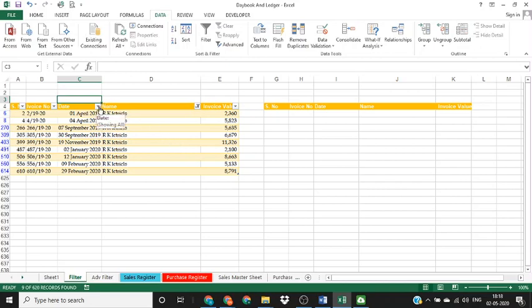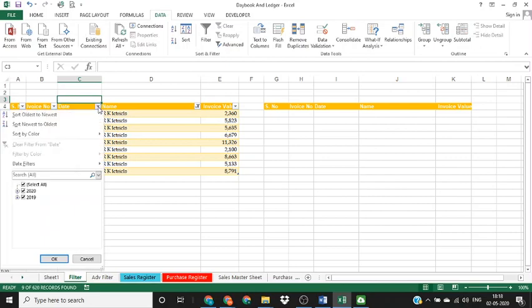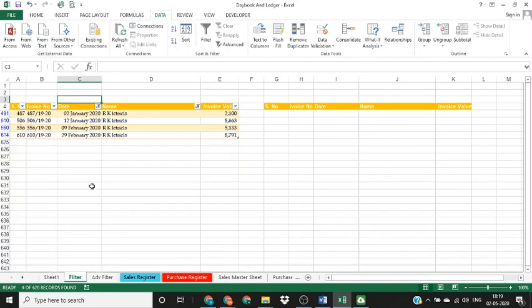on various dates. Now I'll go to the date column, and let's say I only want to see the bills of 2020. So I'll untick the 2019 box and I'll click OK. Alternatively, if you want to go into further detail, you can click on the plus sign and select whatever you want. But I'm fine with this selection, so I'll click OK. So now out of 9 bills, 5 bills of 2019 have been removed, and now we have only 4 bills of 2020.